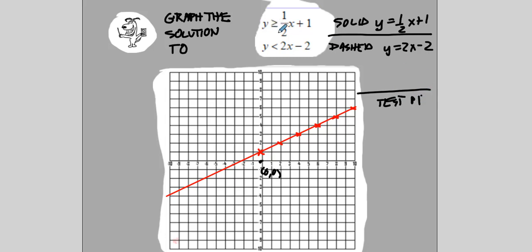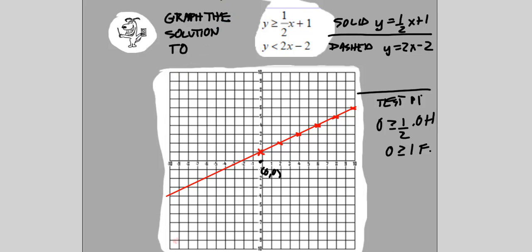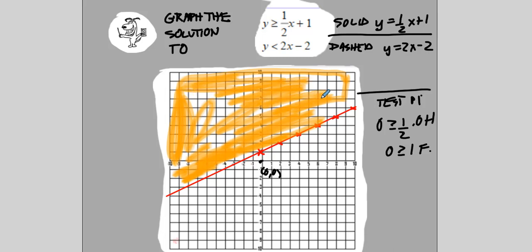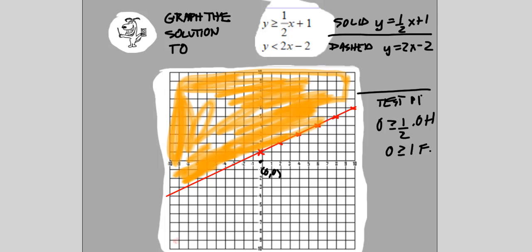So going to the original problem, I have 0 greater than or equal to 1/2 times 0 plus 1. Well, 0 greater than or equal to 1 is false. So I shade up because the test point's in the lower half plane. Because it's false, I shade the upper half plane. Okay. Then the other